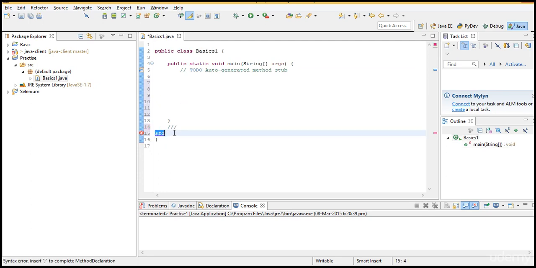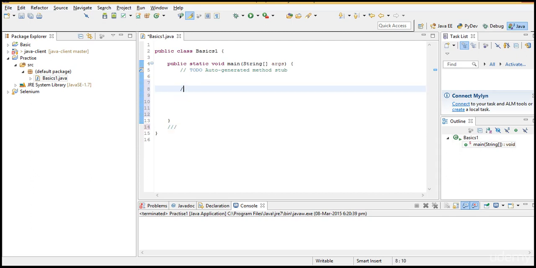So what we are writing here, if everything is restricted to this block, what is the necessity to write here? So let's talk about that in the coming lectures. You will get a clear idea once we dig into that. But for now, I'm just giving an overview of what is a class and what is the main method. Fine.